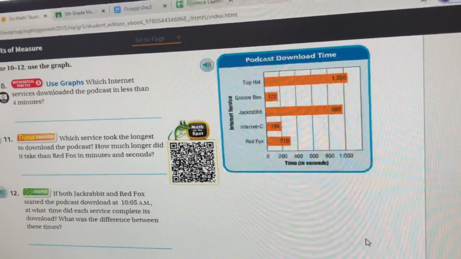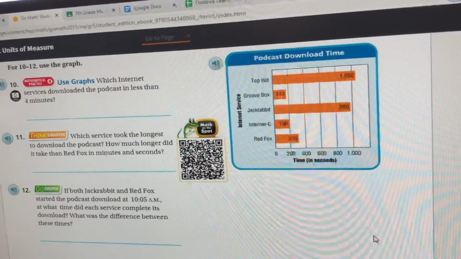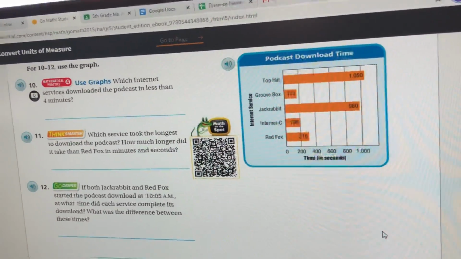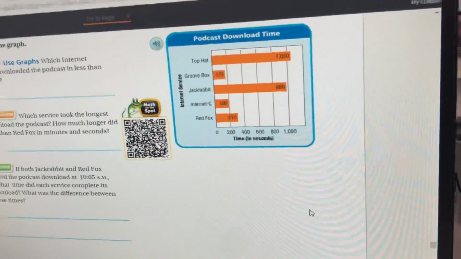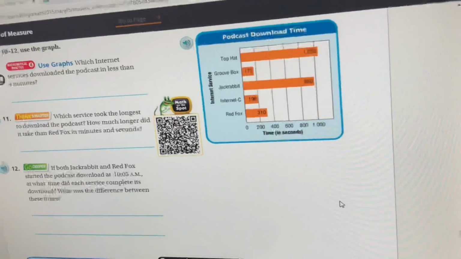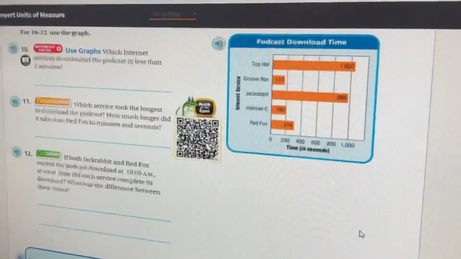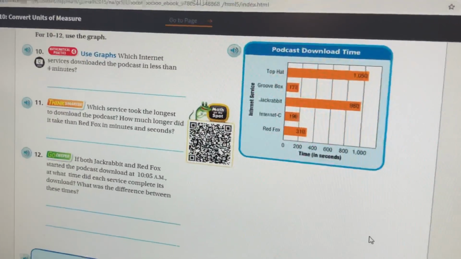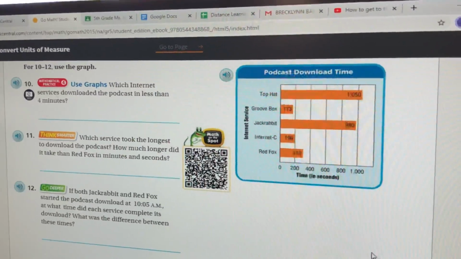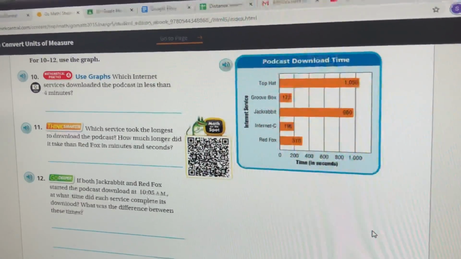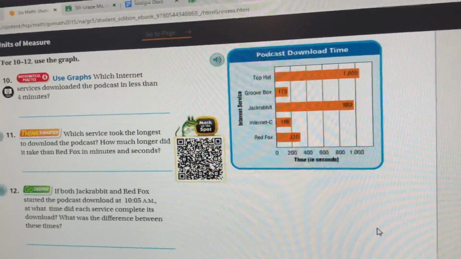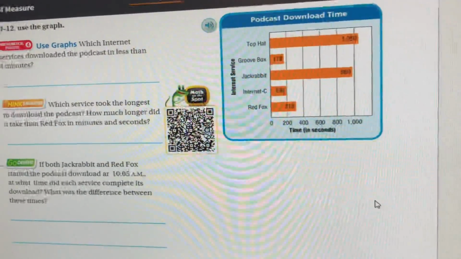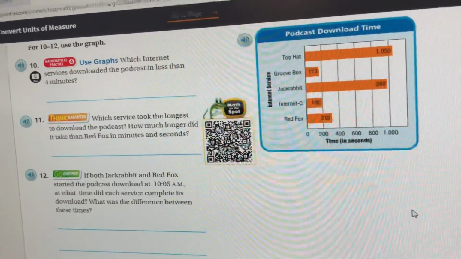You're going to have to convert that to minutes and seconds. If you've got a number of seconds, divide by 60. Take out a group of 60 seconds. That's how many times you take out a group of 60 is how many minutes you've got. The leftovers would be leftover seconds. Play with this for a while and make sure you're okay to do it. Then read the rest of the instructions on Google Classroom before you go on,